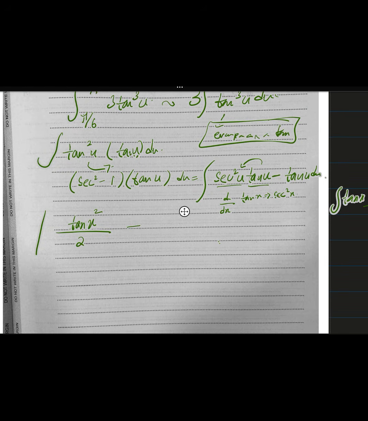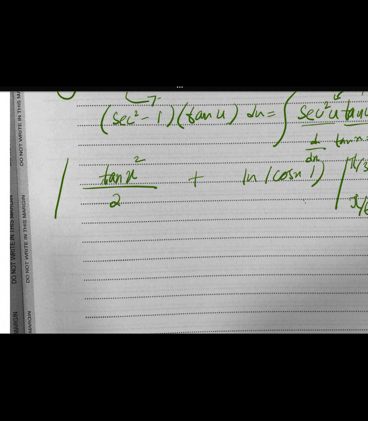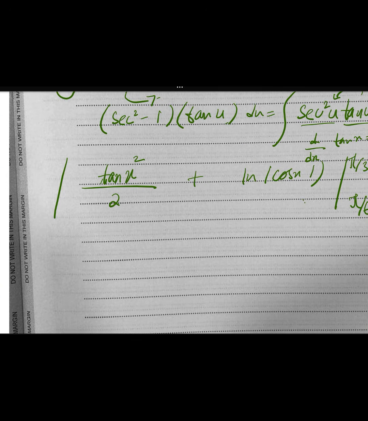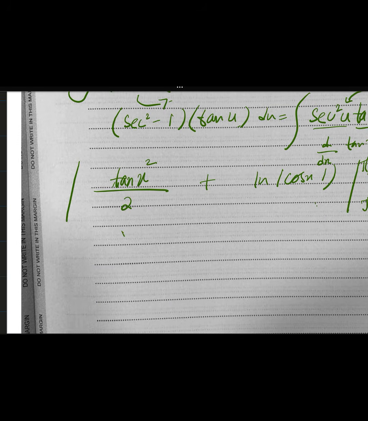So our answer will be tan square x minus, and then minus again of ln of cos x. So we'll cancel the minus signs, so it will add, and then we can add our limits. So it will be pi by 6 and pi by 3. For the upper limit, we have tan pi by 3. Tan pi by 3's value is root 3, so it will be root 3 square divided by 2, which is basically 3 over 2,